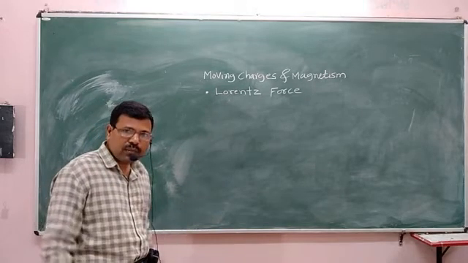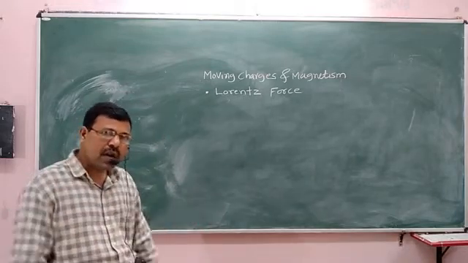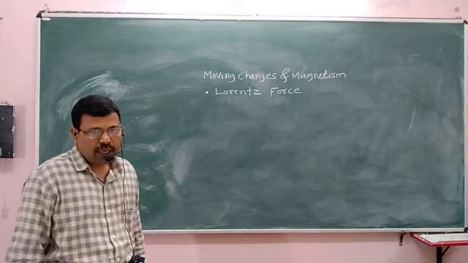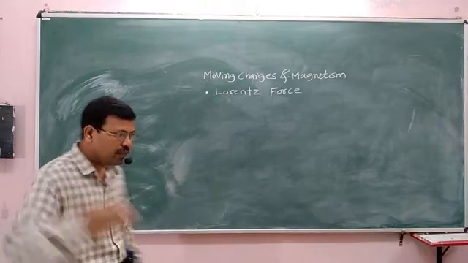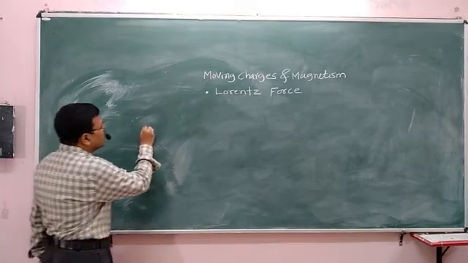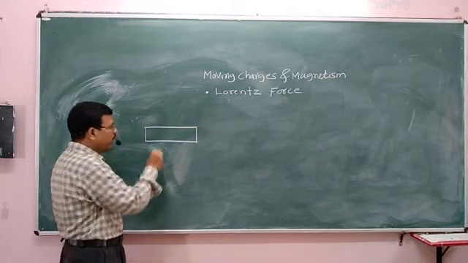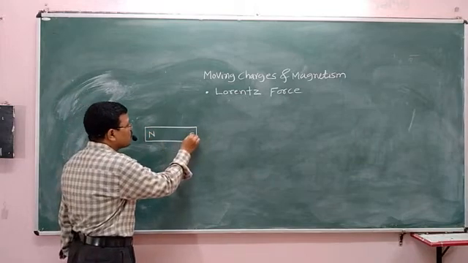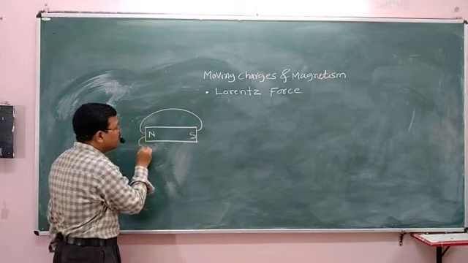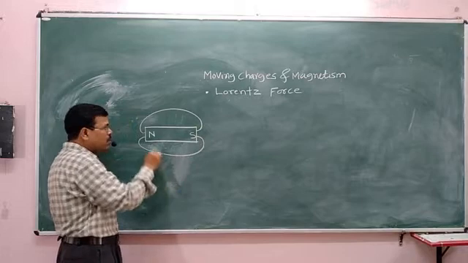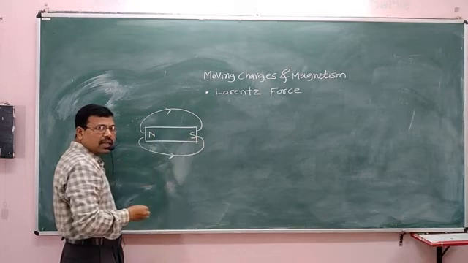As all of us know, magnetic field is the region around a magnet in which a tiny magnet experiences a force. Look here. Here is a bar magnet which contains two polarities, north and south. These are the imaginary magnetic field lines. They run from north to south outside the magnet and south to north inside the magnet.